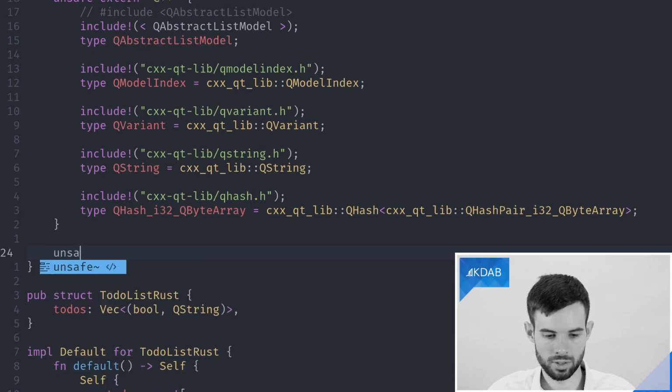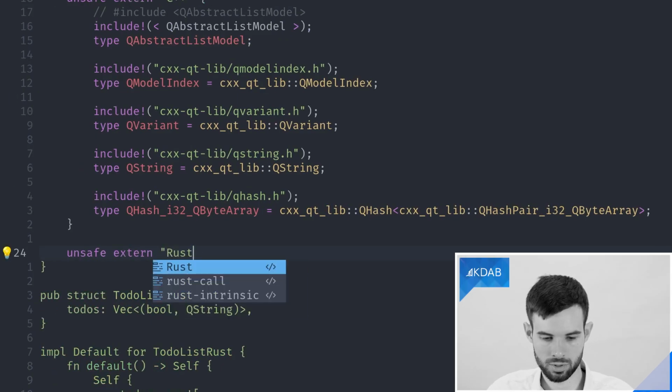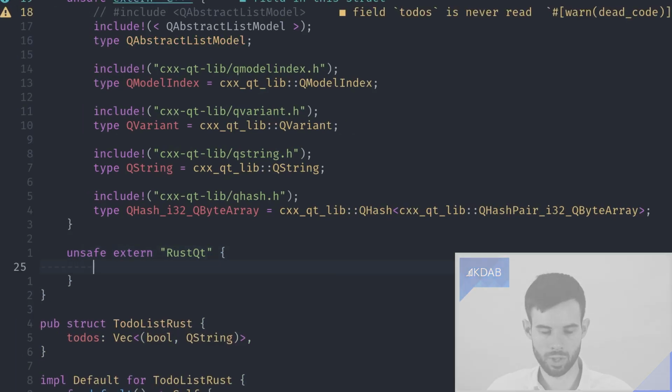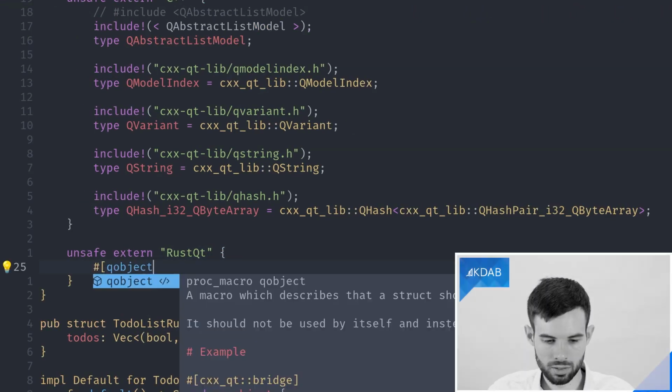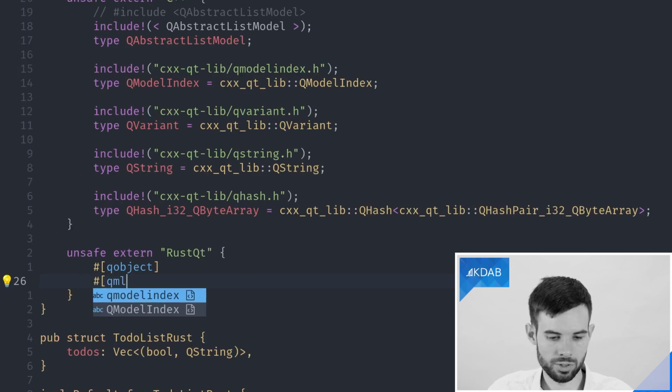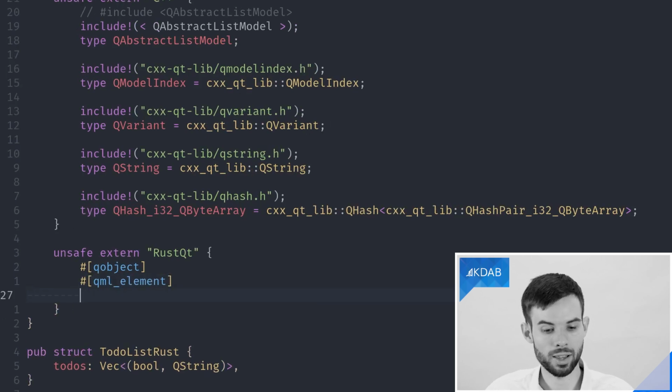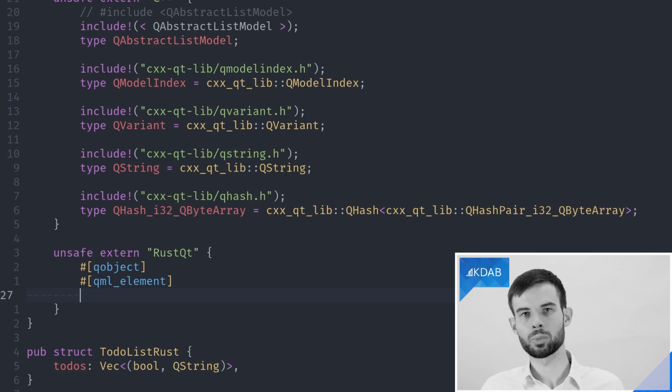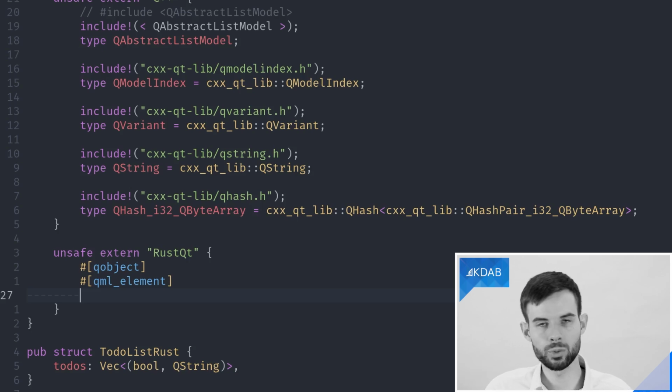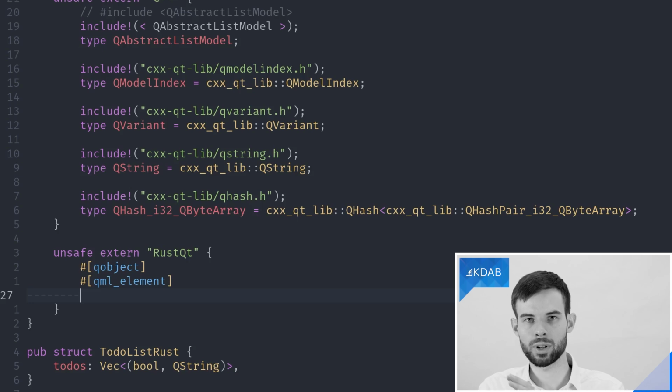Now that we have the imports, we can start actually defining our QObject type. Now, again, this will start using cxx-qt features, so we need to use rustqt and not just the extern Rust. Again, we'll start by creating a QObject type that we also want to expose as a QML element. In this case, we actually don't need any properties because the to-dos themselves aren't single data points, right? They are a whole list of data points, and a QProperty is really meant more to represent a single data point. So here we don't actually need any QProperties.